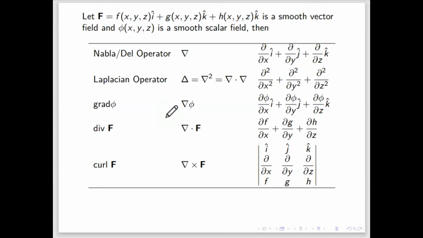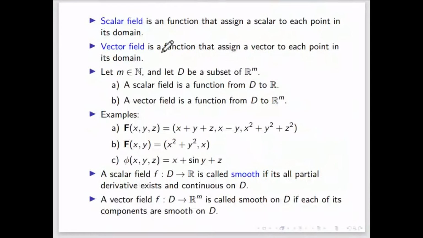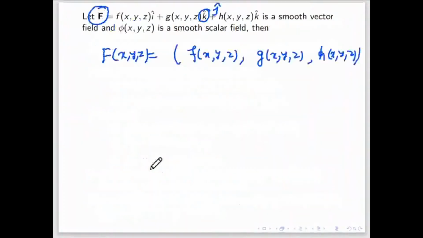So what is the phi function? The phi function is a scalar field. That means it is a function from R3 to R. Scalar field means its range is R. That is the definition. It will assign to each point, x, y, z, which is a vector, a scalar. That means it is a scalar field. If it assigns a vector, then it is a vector field. That means if the range is a vector, it is a vector field; if the range is a scalar, it is a scalar field. So if phi is a scalar, that means it is some real number, and this is a vector. That means we can write like this in 3 dimensions.